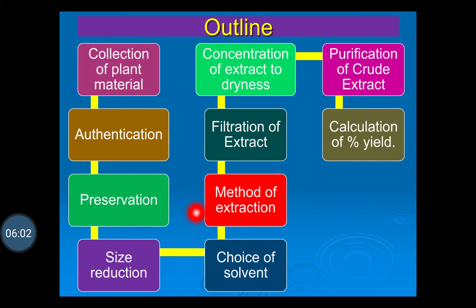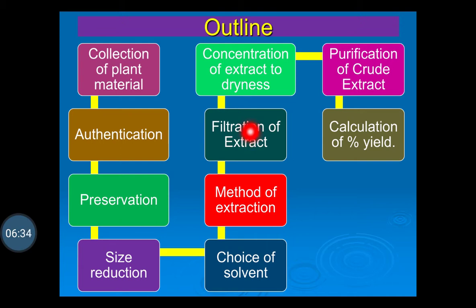Any type of method can be chosen for the extraction, depending upon the plant and the active chemical constituents present in the plant. You have to choose the method of extraction. After choosing the method of extraction, you will obtain the extract. The extract which is obtained is filtered to separate the extract from the marc. If necessary, you have to subject the marc again to extraction, so that the complete phytoconstituents will get